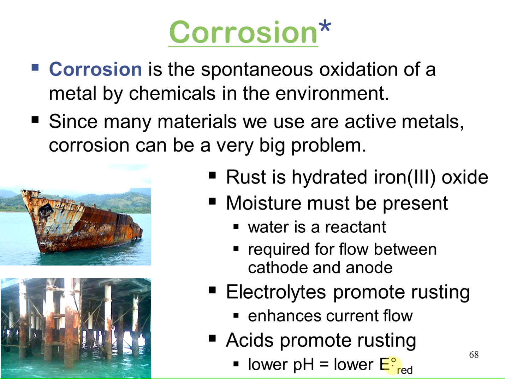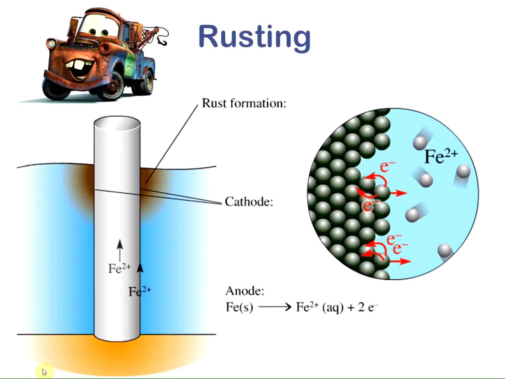And the greater the oxidation potential, the more favorable the oxidation occurs, the rusting process. So we're just going to look at rusting, and rusting is really a lot more complicated than just iron going to iron 3+. So what first happens at the anode, the piece of iron metal itself, the iron acts as the anode, so the iron metal goes to iron 2+ and it gives up 2 electrons. So the iron metal gets released into the solution to make iron 2+, and those 2 electrons then flow to